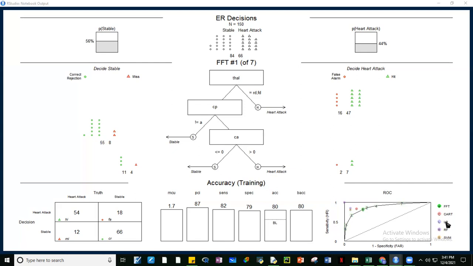So these are different models, no? FFT, classification and regression tree technique, no? It's yung CART, logistic regression, random forest, and SVM to. S is support vector machine. Okay? So kinompare niya kung sino mas maganda, no? So it turns out that si